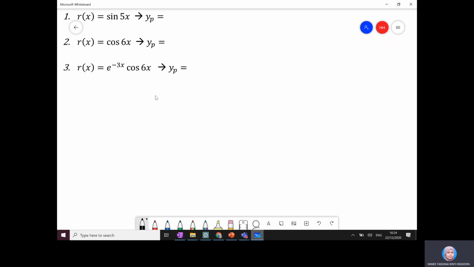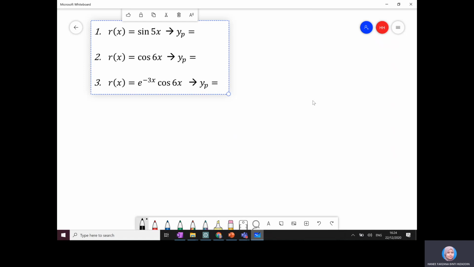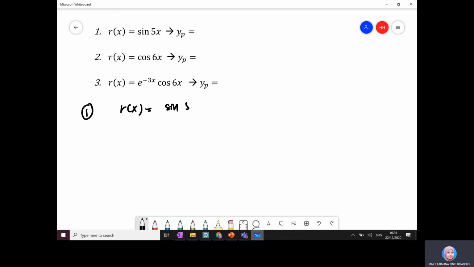So in this example, if your R(x) on your right hand side is equal to sine 5x, you can propose, number 1, for R(x) equals sine 5x, then your proposed yp is c cos 5x plus d sine 5x. So you don't have to identify the real part or the imaginary part, because previously if you